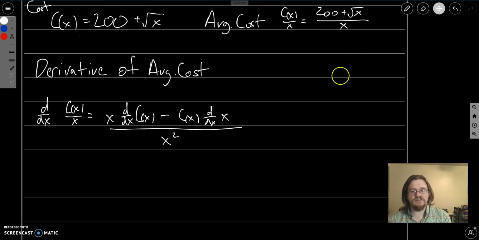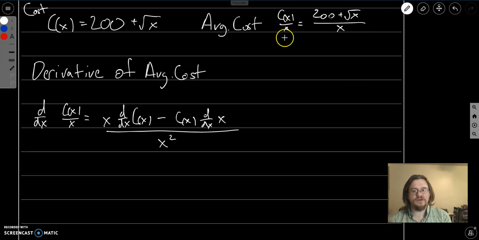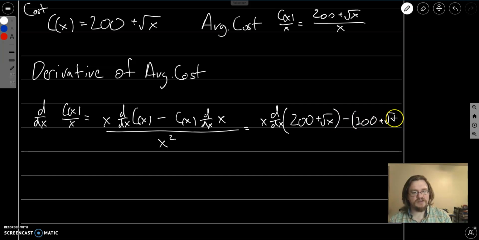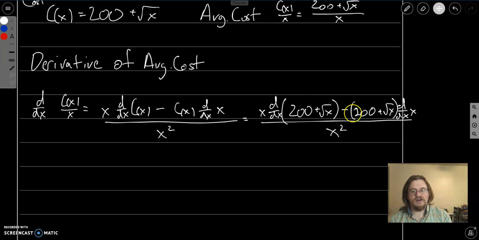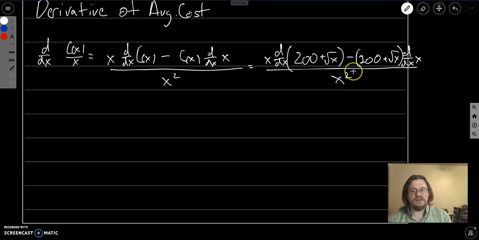Let's do some substitution in here since we know what c of x is. So this is going to be x times the derivative of 200 plus the square root of x, minus 200 plus the square root of x, times the derivative of x, all over x squared. So again, I've just replaced c of x with what I know that it's equal to,